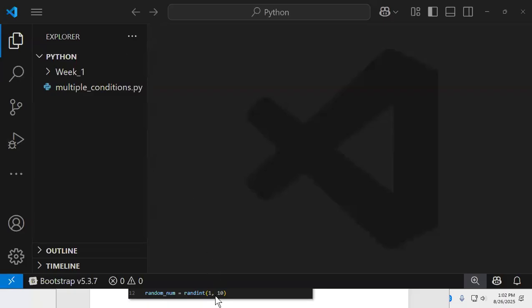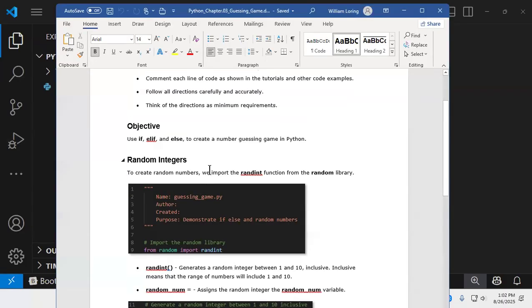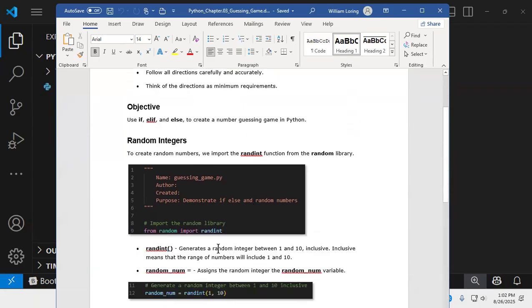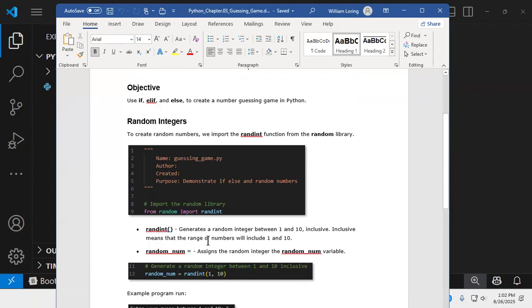We're going to work on the guessing game. It is the first computer program you write if you want to be a software engineer creating games. We're going to work on using if, elif, and else decision making. But to do that, we need to make our game interesting. If the number that we're guessing is always the same, pretty boring. So we are going to learn how to generate random integers.